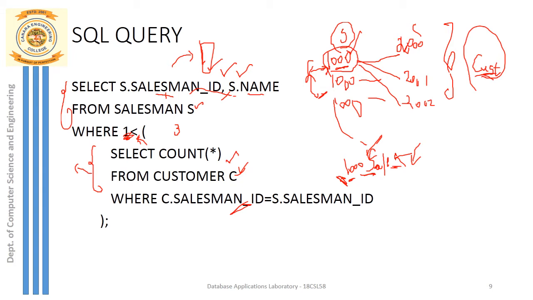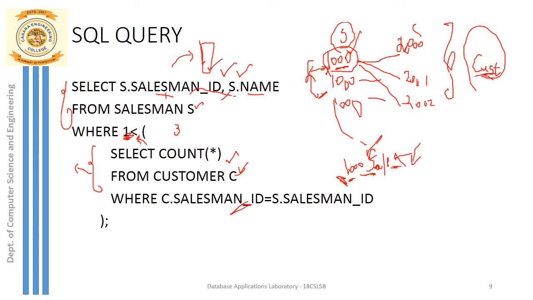So you can just see here the inner query part. So what is there in the inner query part? In the inner query, count the customers: count the number of rows inside my customer table for each salesman in the salesman table. If the count of customers that you have for each such salesman, the count of rows you get, is above 1, what is the meaning of that?